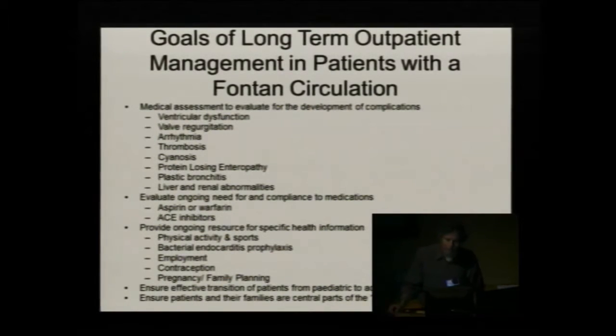And that might be ventricular dysfunction or heart muscle weakness, valve regurgitation or leaking heart valve, arrhythmia, which is the abnormal heartbeat, thrombosis or clot within the circulation, progressive cyanosis or reduced oxygen level, which may be due to a number of factors,